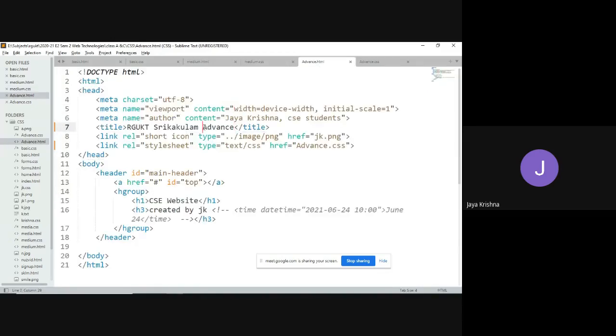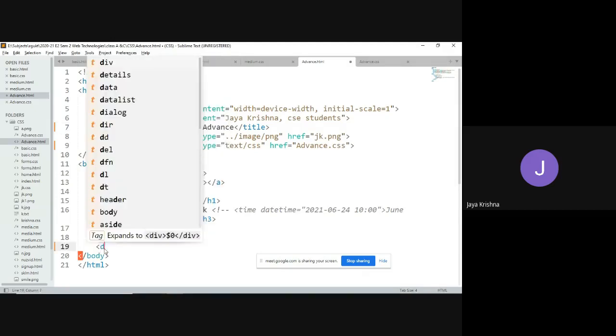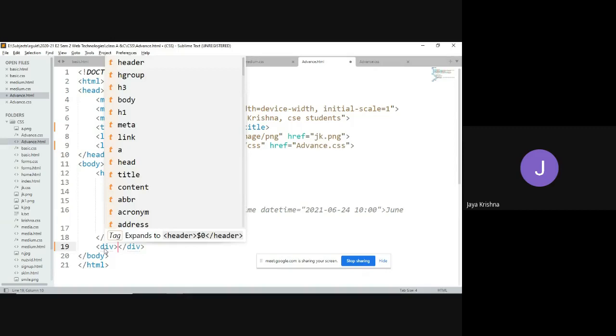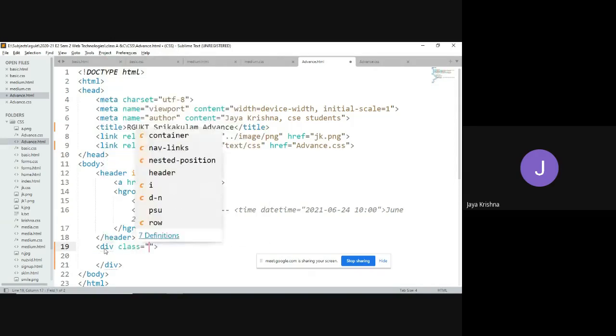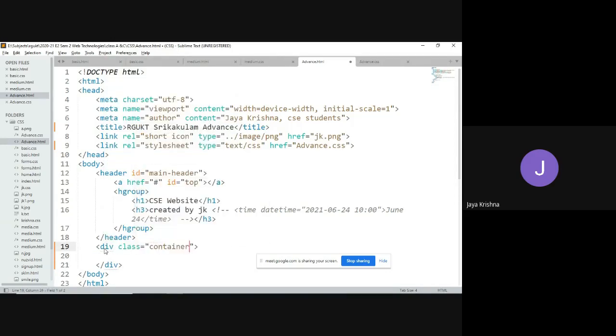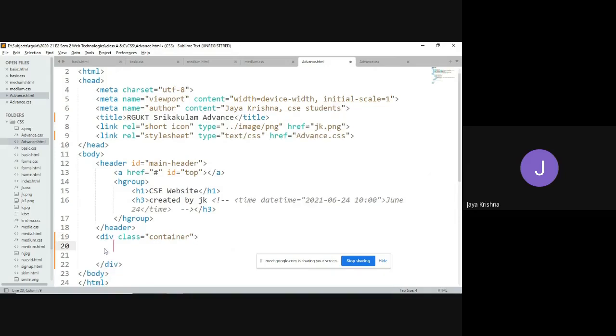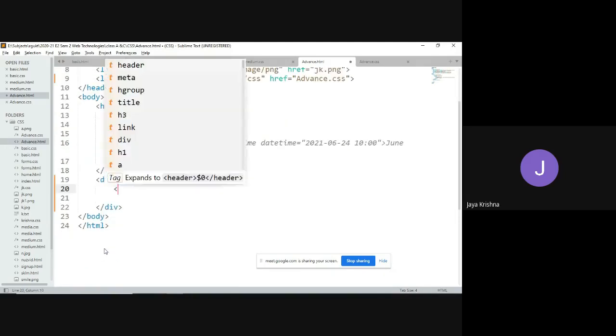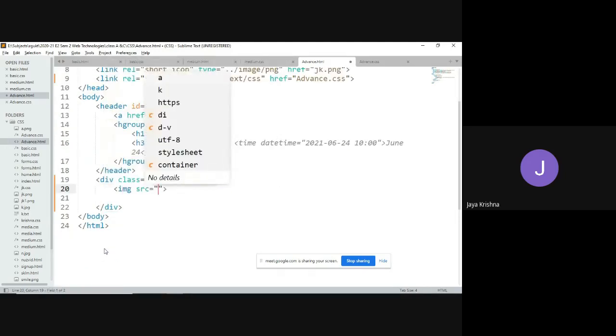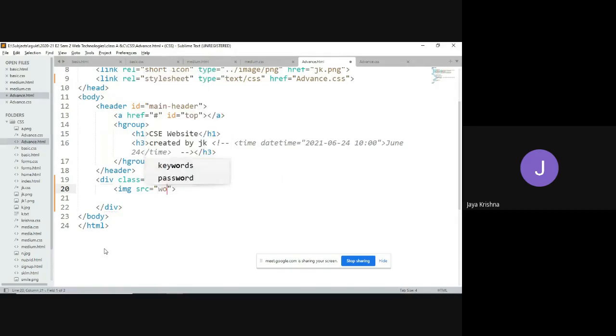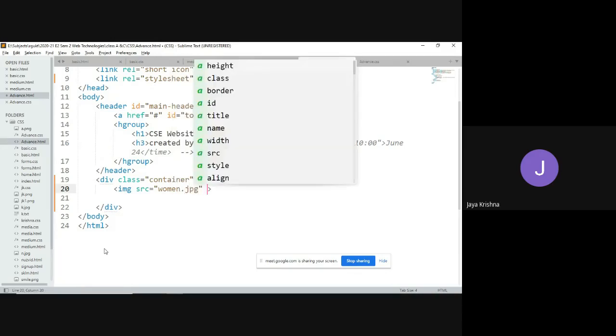So I have taken again the same web page, advanced.html. Here I will create once again one more division, which I'm calling the container class. In that, I'm going to insert an image. That image is women.jpg, which I have downloaded and is already available in that folder.